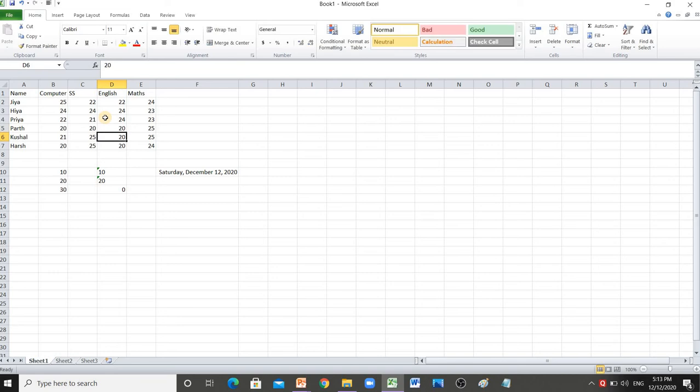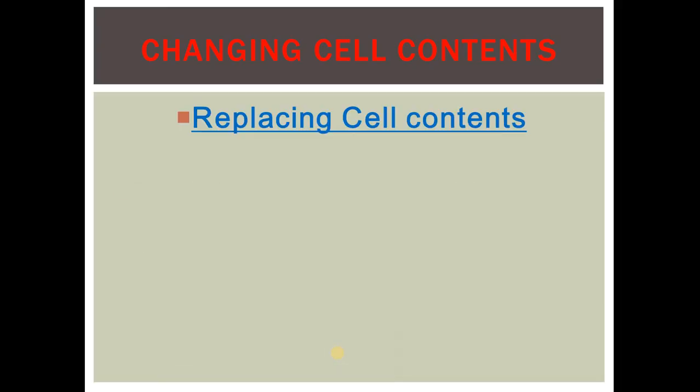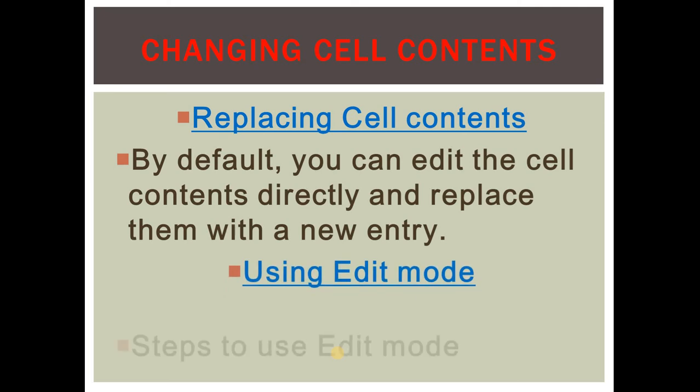The other way is you can use edit mode. To do the edit mode, you have to go to that particular cell and double click over there. You can see the cursor comes up, right? Now with the help of that cursor, I can change the cell content, and if you notice in the status bar also, the mode that will come up is edit mode. When you go in a cell and double click, a cursor will come up and the mode changes to edit mode, and then you can press Enter key. So this is how you can replace the text or you can use the edit mode.